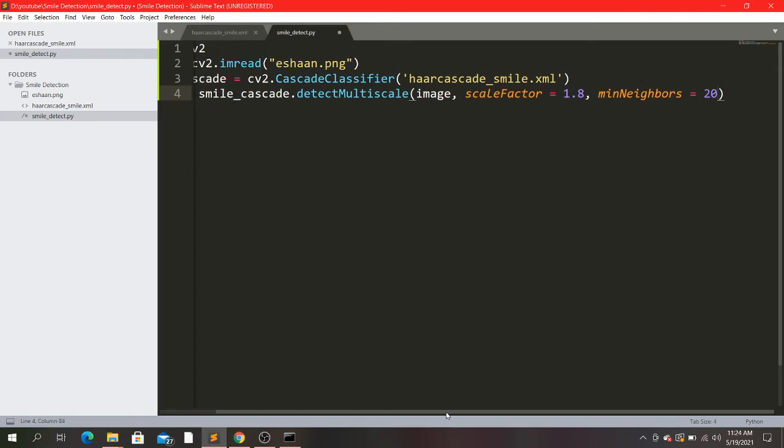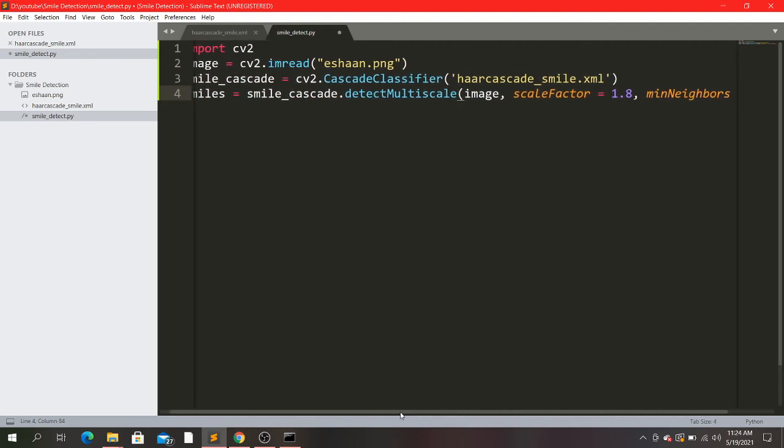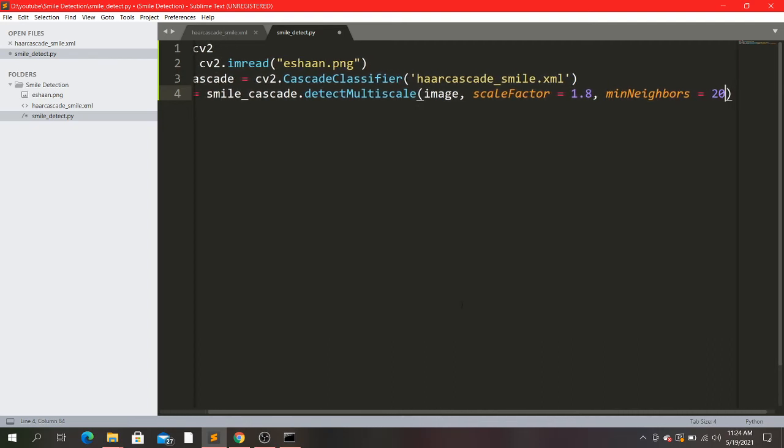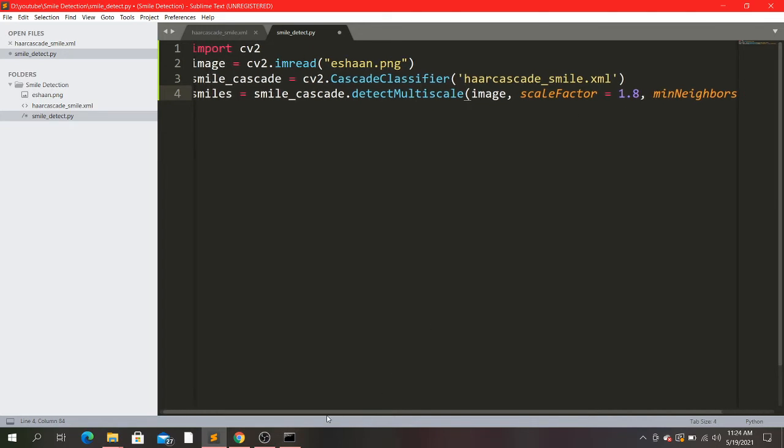The accuracy of your smile detection will largely depend on these values. Sometimes the smile is not perfectly detected, and in those cases you have to play around with these numbers in order to get the perfect smile.